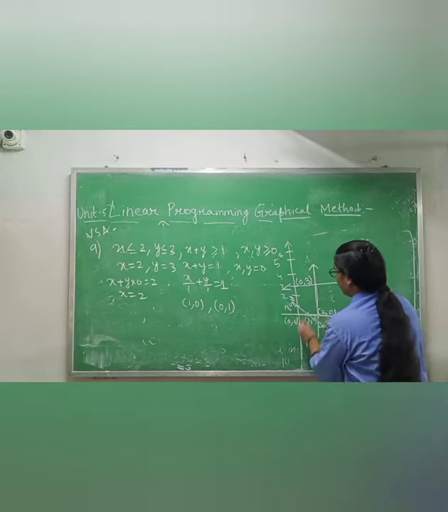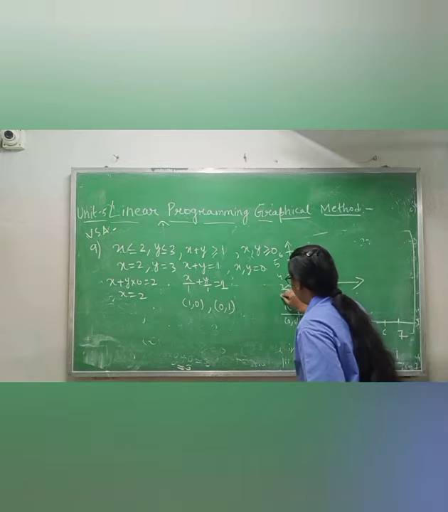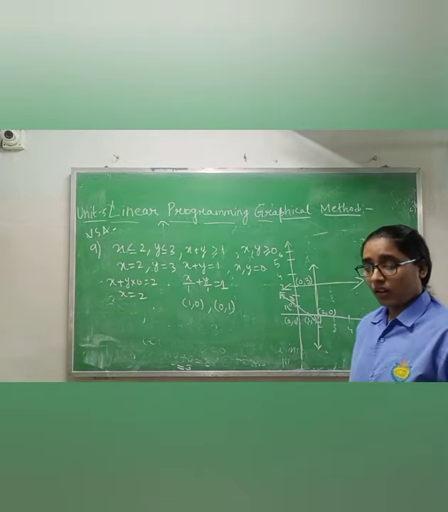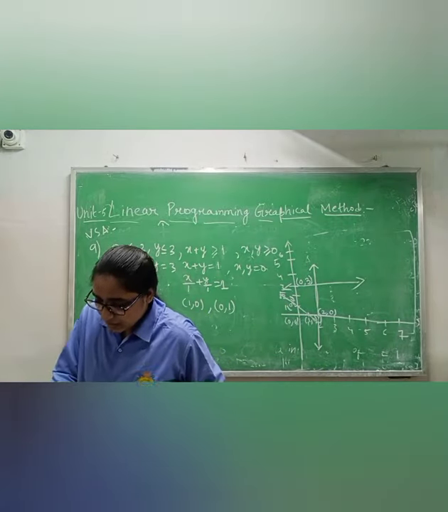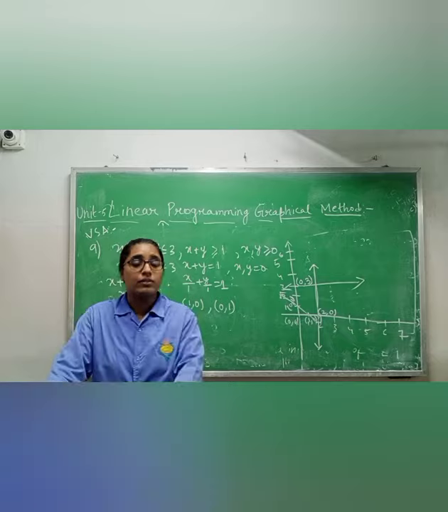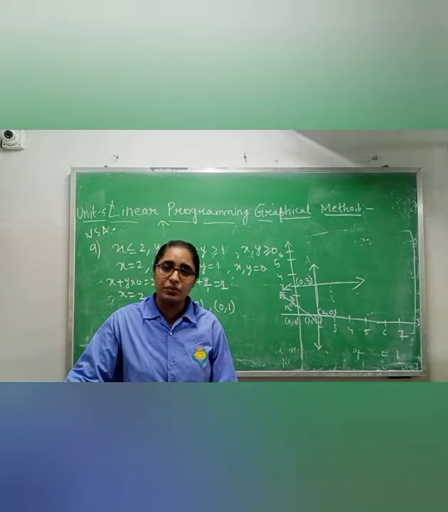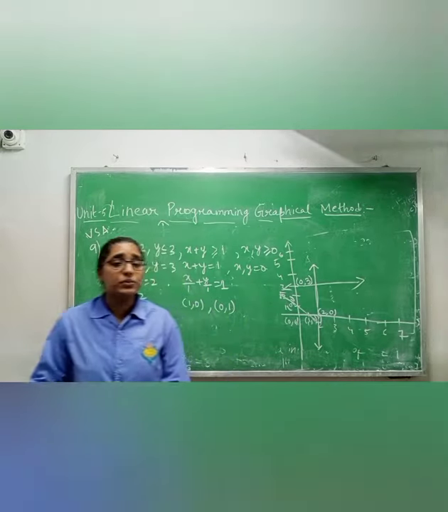Between these 2 points. Okay. Please draw it properly. Now after that they are asking, find graphically the feasible region if any of the following. If there is a feasible region, we have to find it. Now how will you find the feasible region?